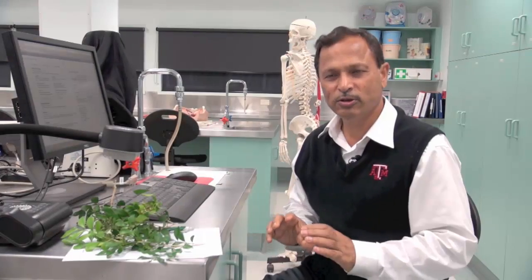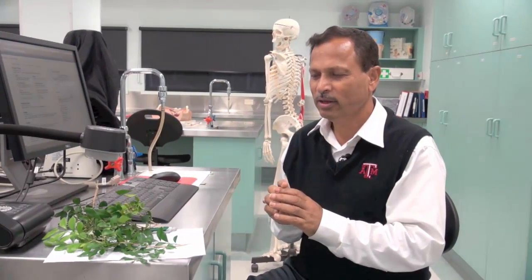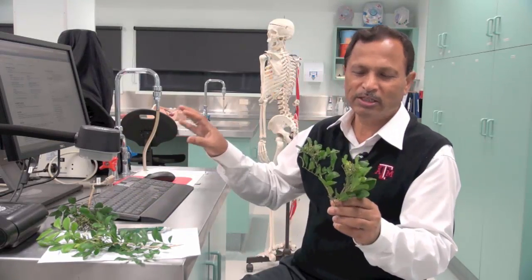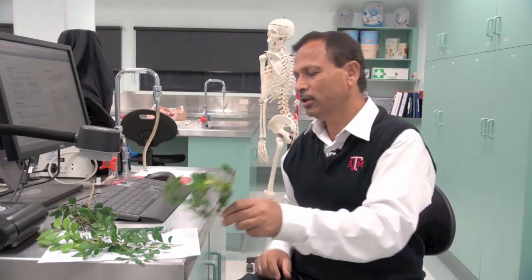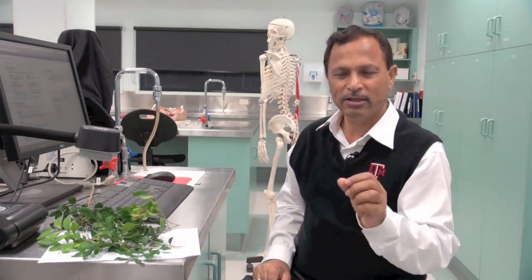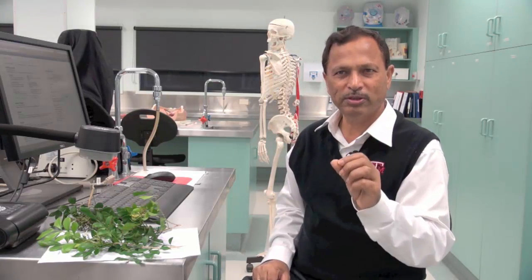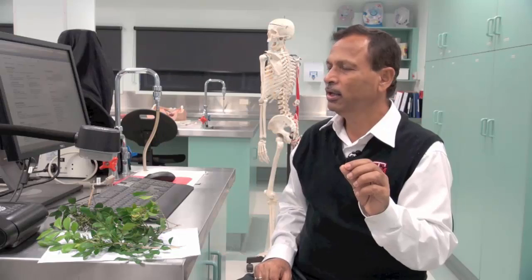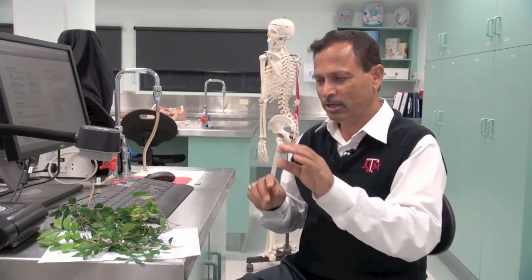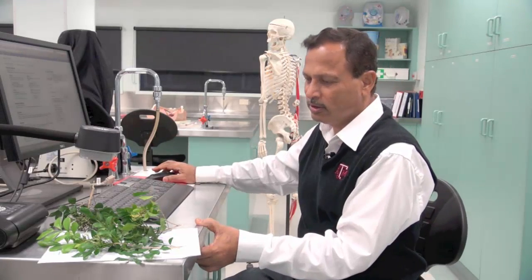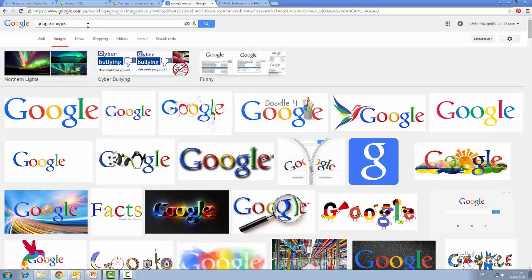There are many ways to verify your specimen. The best way is to go to Google Images and see whether your specimen tallies with the images published as Maria species. Alternatively, you can go to the Atlas of Living Australia, or you can go to some of the seed bank website images that I've created. There are many ways, but this is the easiest way because most of you have access to internet nowadays. Google Images,